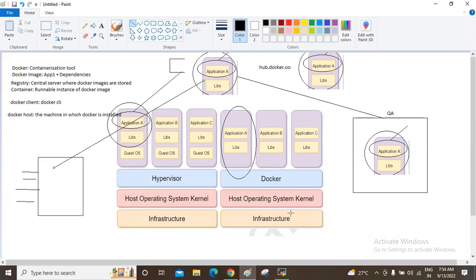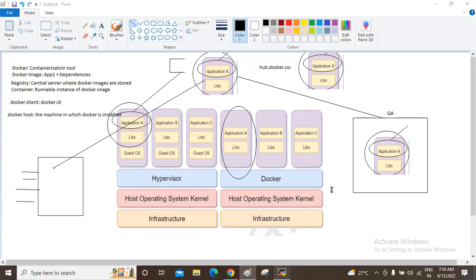Within the same machine, we are running 3 applications which have their different environment requirements, right? They are fully isolated from each other. At the same time, they are sharing the system resources commonly, right? This is the point I wanted to tell you here. Jenkins requires one kind of Java.